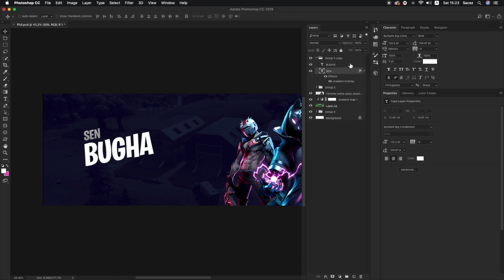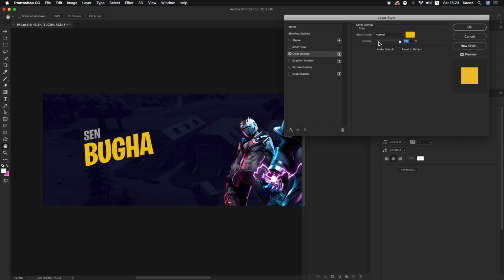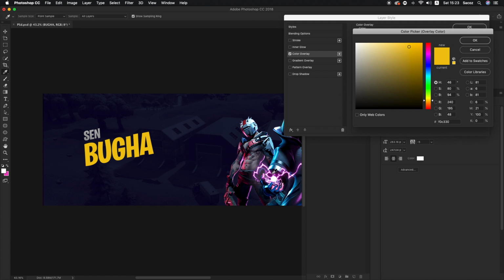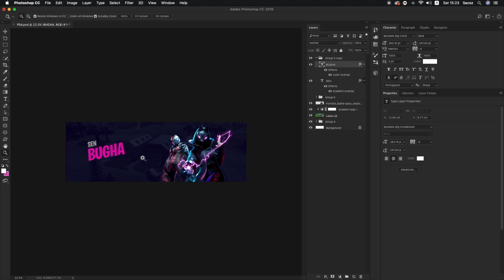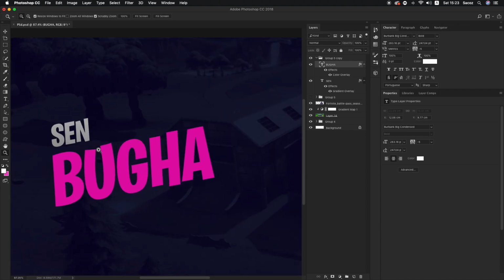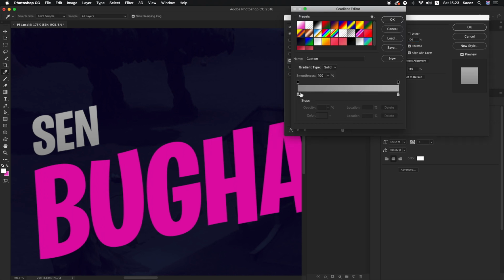And then instead of that, you want to add another color for Bugha, right? It could be yellow, it could be anything you want, depends on the color scheme you're going for. But of course our one is kind of purple, so I'm gonna pick like a purpley kind of thing right there. All right, that's pretty much it for the text. Let's make this one a little bit brighter though,